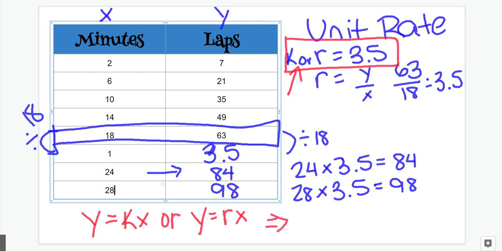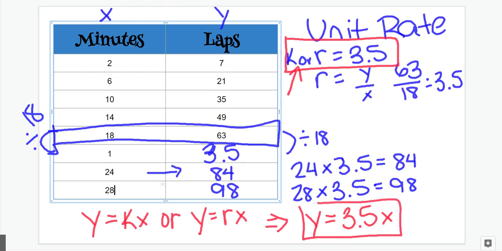So my equation would be Y equals 3.5x. And then I'm done. That is my equation. If, for example, you're using different letters for your table, so maybe they had used M or L, I would just replace the Y and the X with those letters. So I could have done L